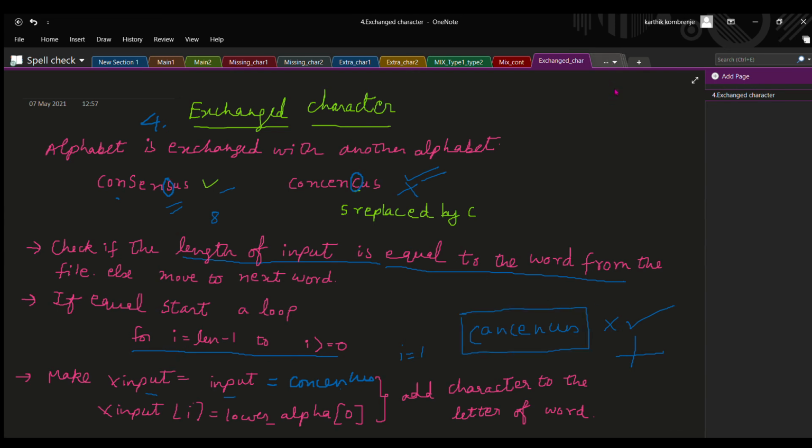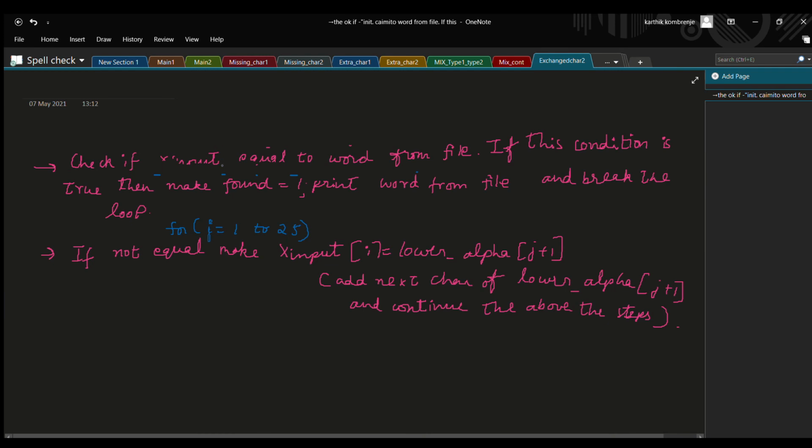What is the next step? So here I've written: check if the word is equal to a word in the file. If this condition is true, then make found equal to 1, print the word from the file and break the loop. So if such a word is present, it will print it.